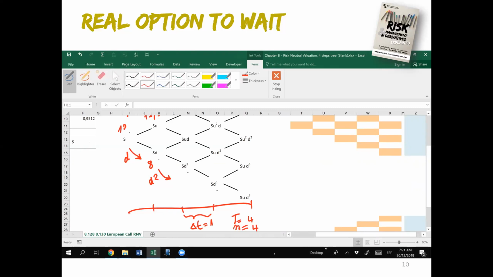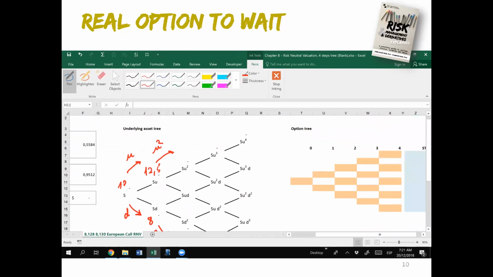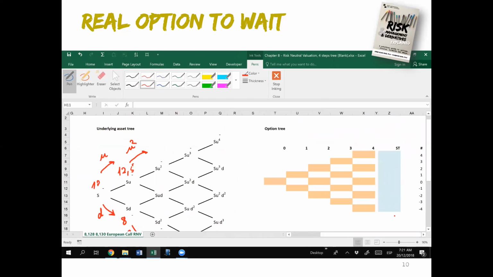Now we can write this tree in the light blue cells there in the right. We don't need the whole tree. We just need to calculate how much is the underlying asset going to be if it goes up 4 times or down 4 times. We need like the borders of the tree. We're going to write them in this column, and so the